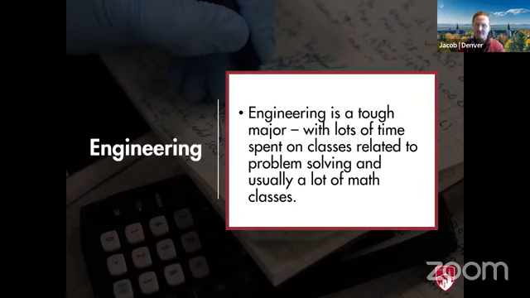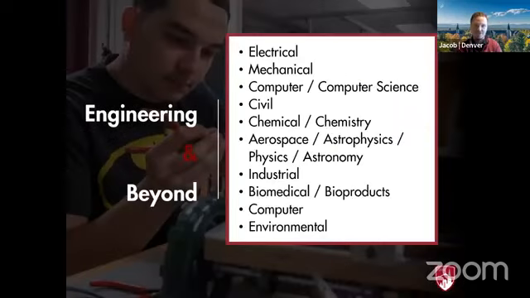And so it is a good critical thinking major, even for students who may be only so-so in math. Engineering is not just doing the calculations, it's also figuring out the problems in order to know what calculations to do. Inside engineering, you could major in things like electrical or mechanical engineering, you could do aerospace, but you could also do things that are related to that, like astrophysics and astronomy. You could be majoring in biomedical or biomedical products with an engineering degree, or any number of these kinds of